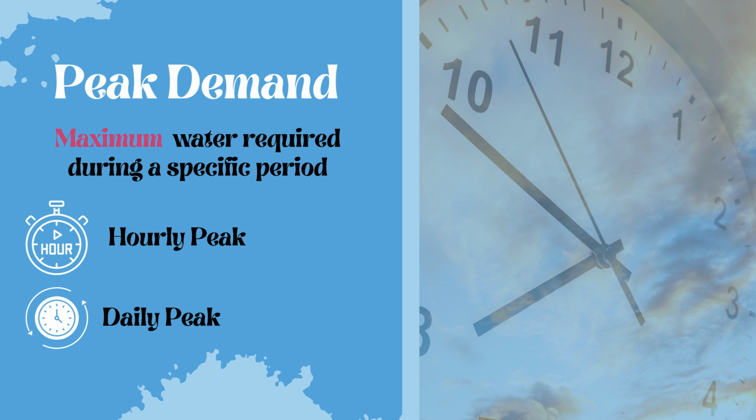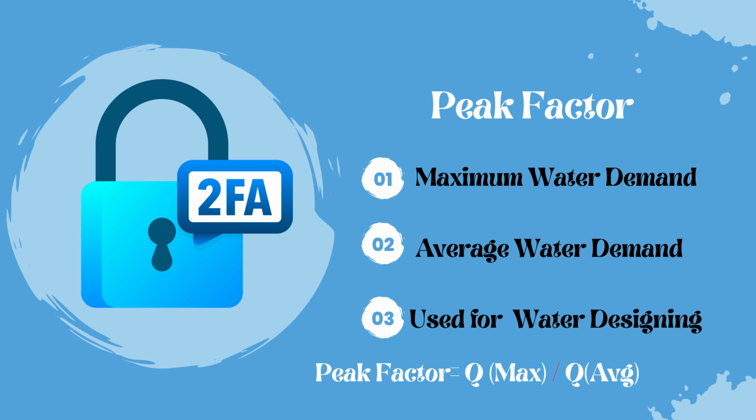Let's explore peak factor. Peak factor is a handy way to express how much highest peak demand is compared to average demand. It's basically a ratio. Peak factor equals maximum water use at peak over average water demand. So why is peak factor important? It helps us understand the variability of water demand. A high peak demand and a high peak factor indicate significant fluctuations in water use throughout the day or week. So by understanding water demand patterns and peak factor, we can design efficient and reliable water systems.